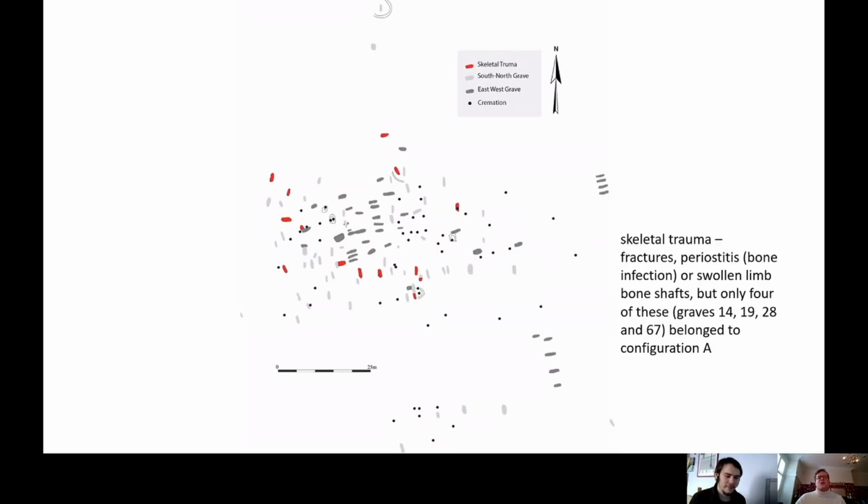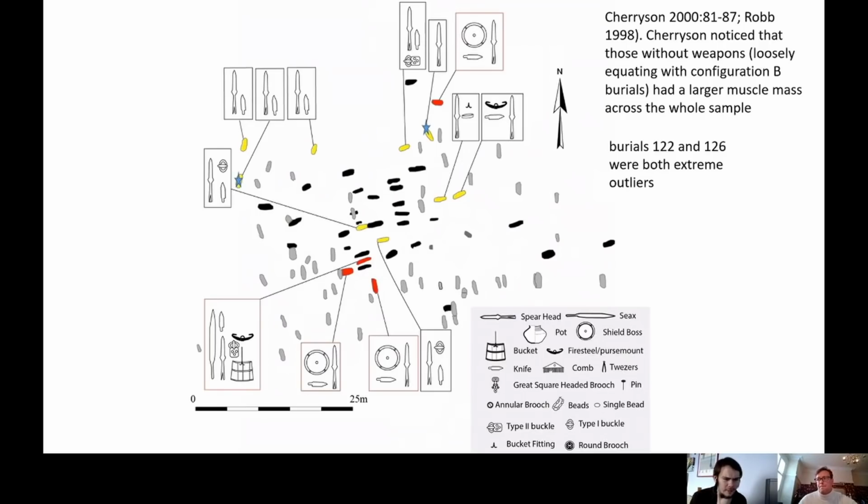It's actually a whole different range of things, like swollen ends of bones or breakages or osteoarthritis or periostitis, and when you apply all of that, you can see the higher risk of damage to their skeletal frame, which presumably implies the same thing for the flesh as well. So perhaps this attitude that configuration A and B had comes in part from different experiences of life that they had as well. They also have greater muscle mass than configuration B.